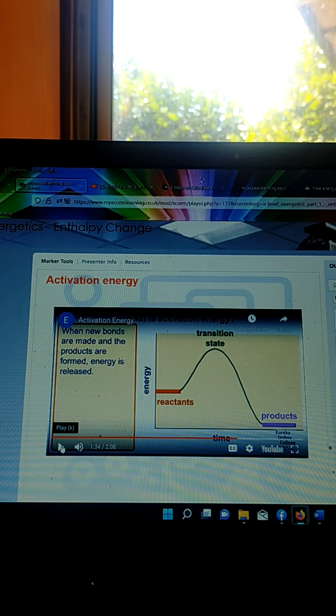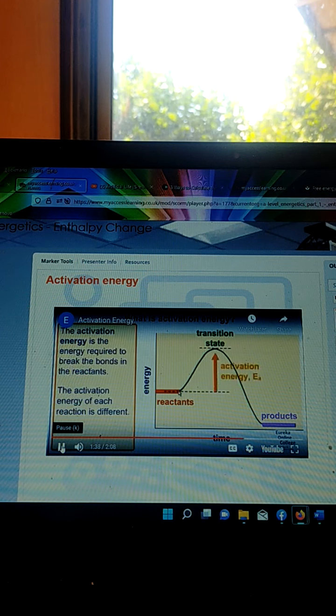Well, we may get an exothermic reaction, but you're not telling me that all reactions are exothermic, are you? Because we've spent the entire course and all of key stage 3 and key stage 4 learning that there are certain things called endothermic reactions. No, it's too simplistic. So the activation energy is measured from the reactant line to the very top of the transition. Right, is it? I mean, obviously, it's a definition. It's a concept that there is some activation energy, but